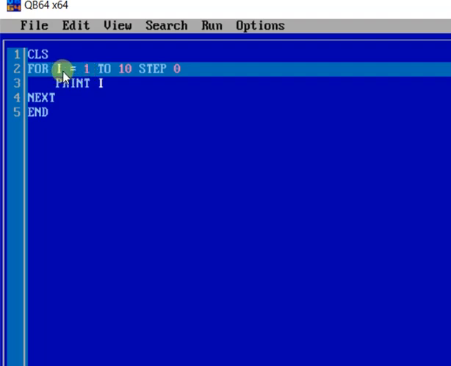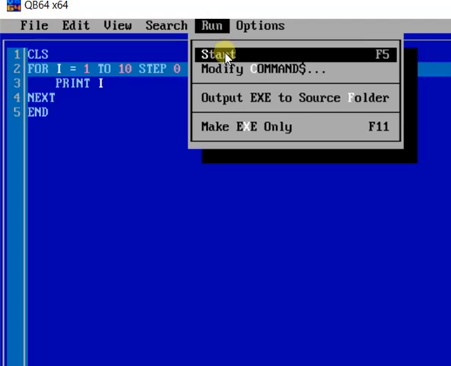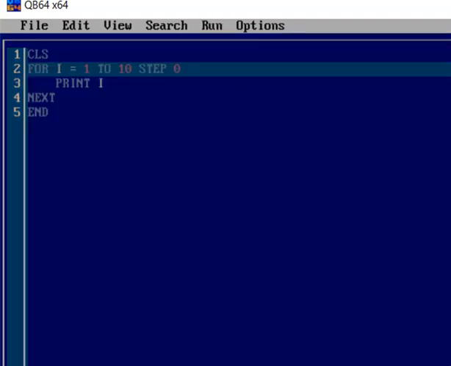The initial value of the loop variable is 1, so it will go on printing 1 infinitely without stopping, because it cannot increment, it cannot decrement. It just goes on printing the same initial value infinitely. Whatever final value you give, it does not matter. As you have mentioned step 0, it will be an infinite loop.